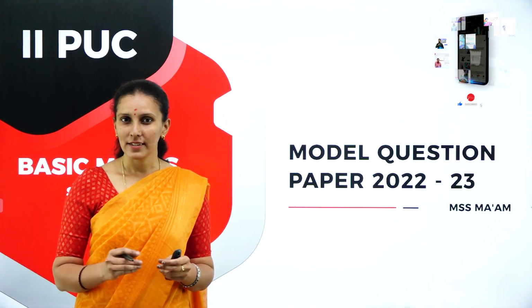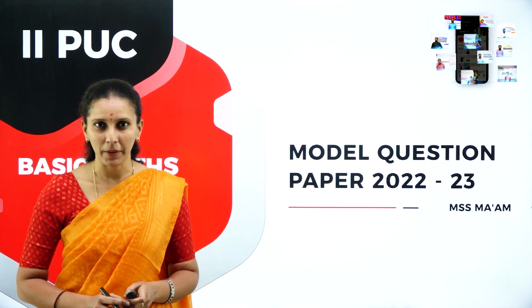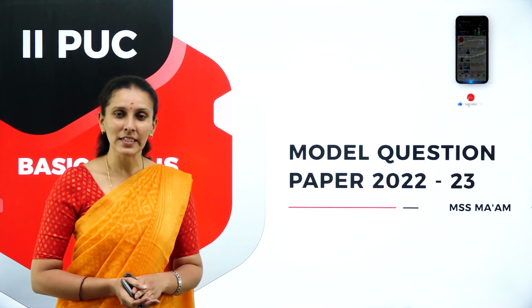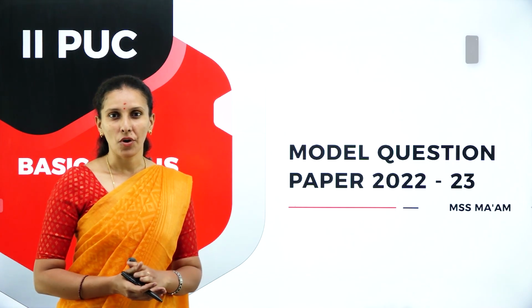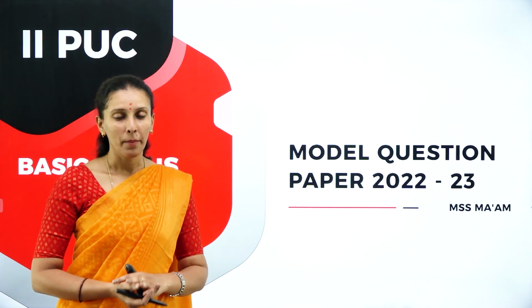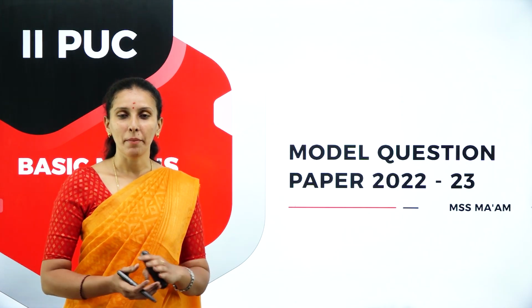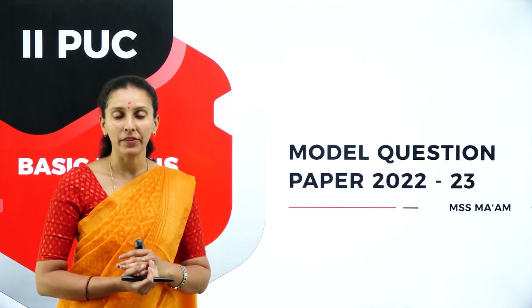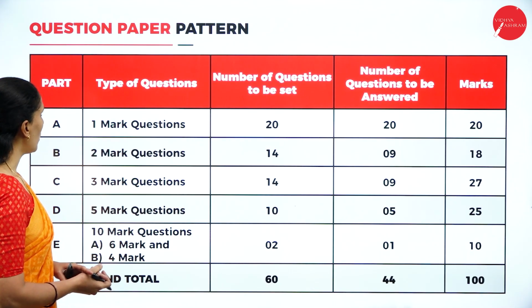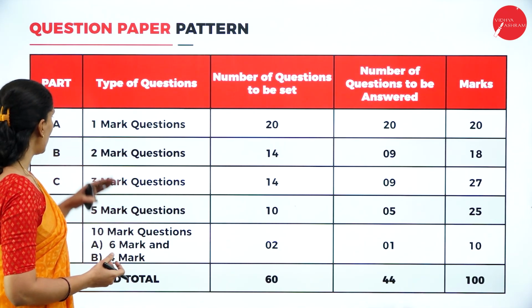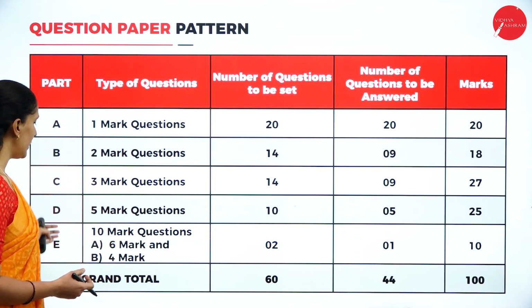This year, there is a slight change in your question paper compared to the previous years. So let's see those changes, what sections you are going to attend, for how many maximum marks you are going to attend the question paper, as well as the maximum marks for which the question paper is set. So this year your question paper pattern will contain 5 sections, that is part A, B, C, D, E,